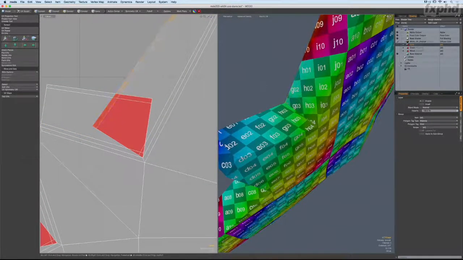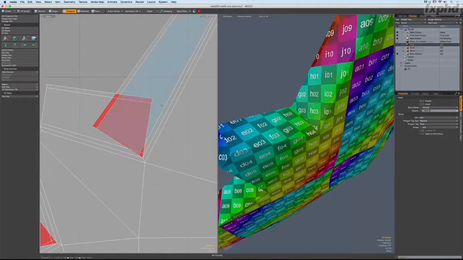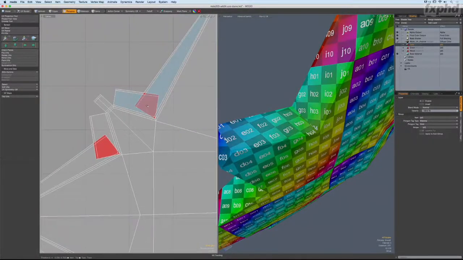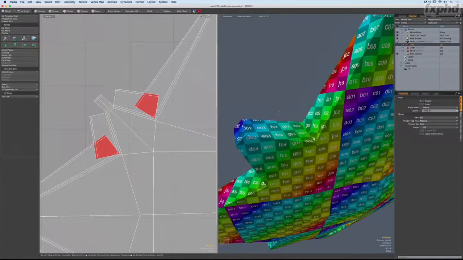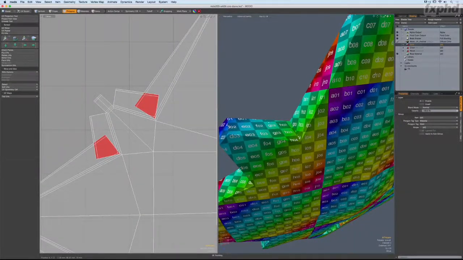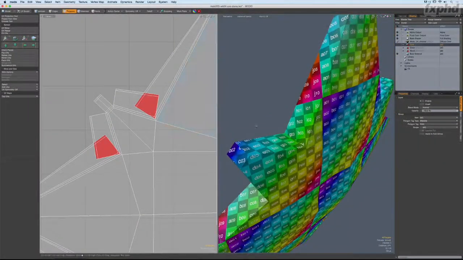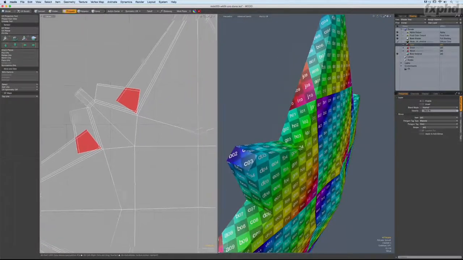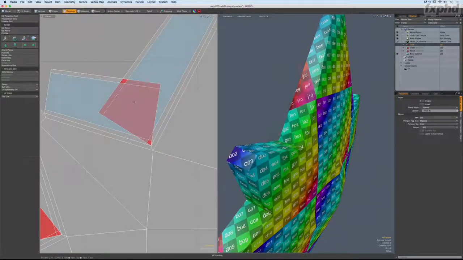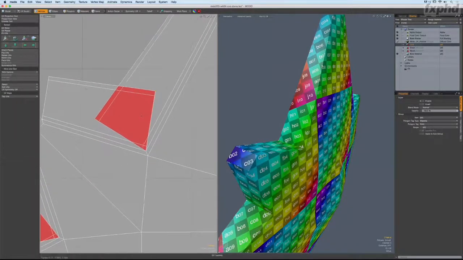Now, some overlap is not a big deal, so you'll want to take a look at this. At times, we can go in and continue to mitigate and work with these overlaps to get the result that we want. But on the surface, this isn't so bad. Some overlapping geometry is just kind of a necessary evil. However, if you want to eliminate all of these overlaps, what you'll need to do is start